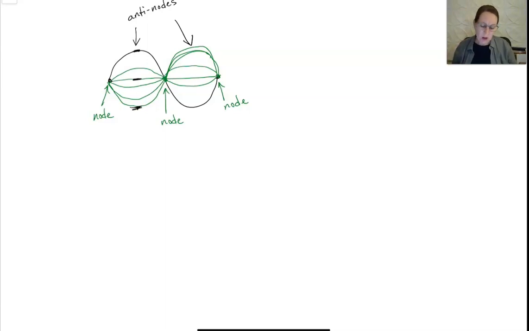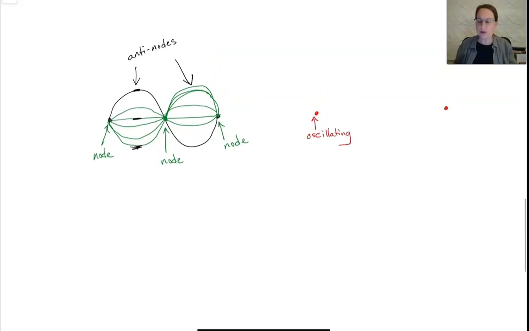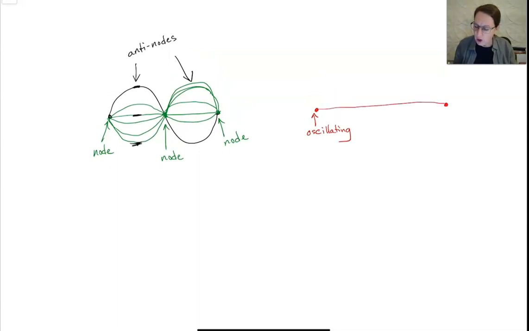And so we can describe this wave in much the same way that we did before, except we only get standing waves when we have a situation where we can fit the right number of wavelengths of the two waves that are adding together, or the wavelength of this, in between the nodes that we're looking at. So our constraint is we have these 2 points, and we can set, for example, this side oscillating up and down, and it sets a wave on this string, for example, between here, but it needs to be the right frequency,